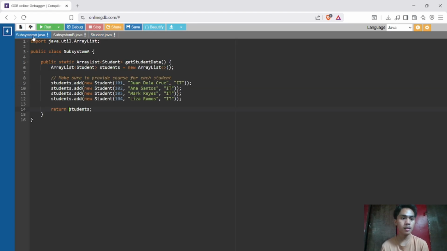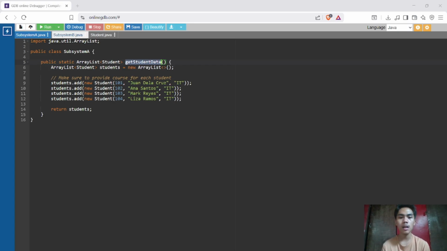Second is subsystem A, the data provider. Subsystem A contains the method getStudentData that generates and provides a list of student objects, and it is responsible for data creation and management. Subsystem A also encapsulates the source of truth for the system's data.